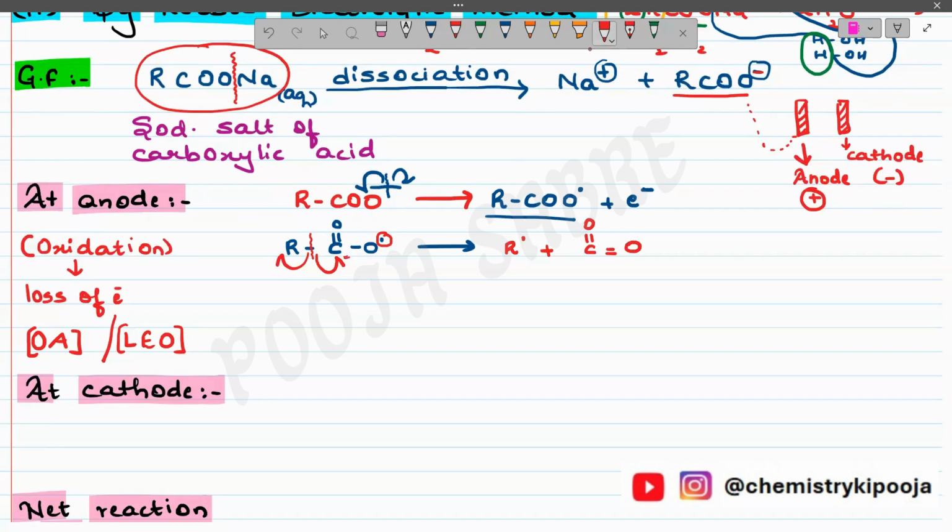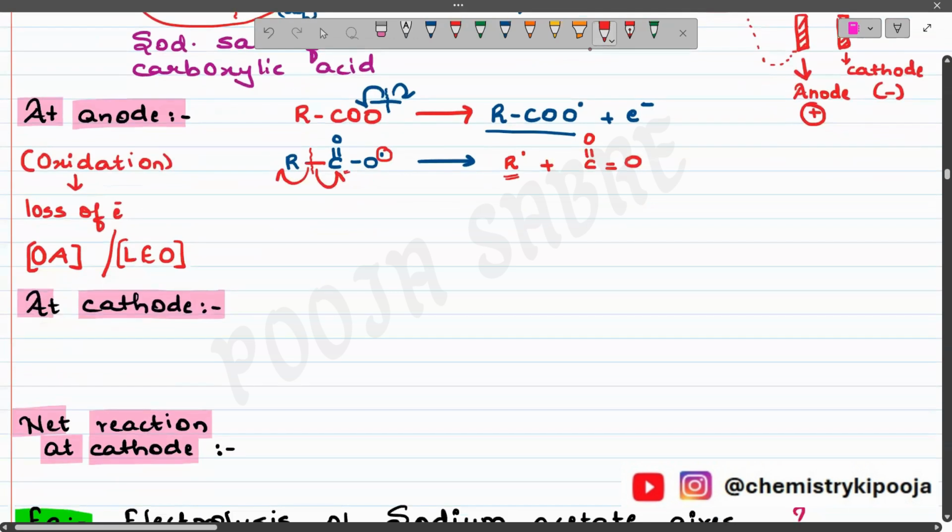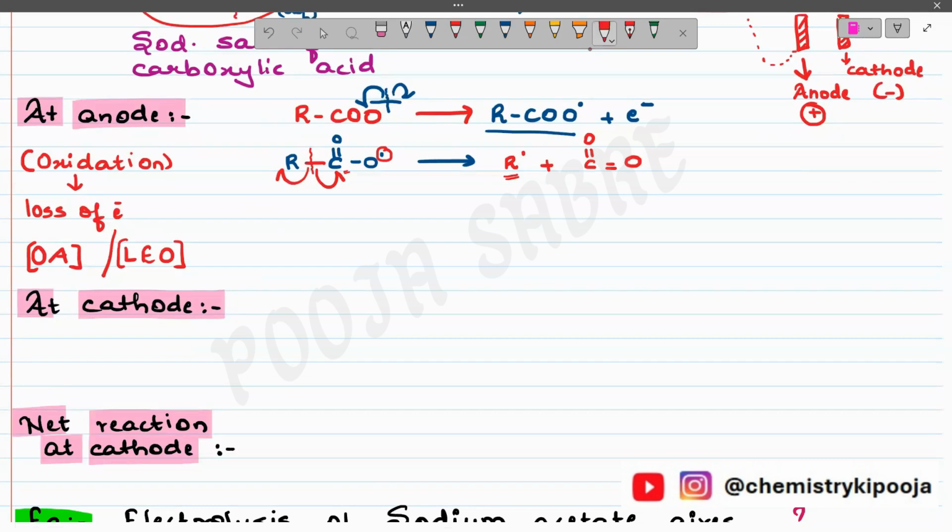Understood? The carbon has taken up one electron from this bond, and this carbon has one electron, oxygen has one electron, so they will readily combine, and there is formation of this double bond between the carbon and oxygen. And over here we have one free radical, that is R, an alkyl free radical. Always remember, students, free radicals are highly reactive. So whenever you come across free radicals, they are going to react with another free radical and get discharged, or I can say they are going to combine very easily.